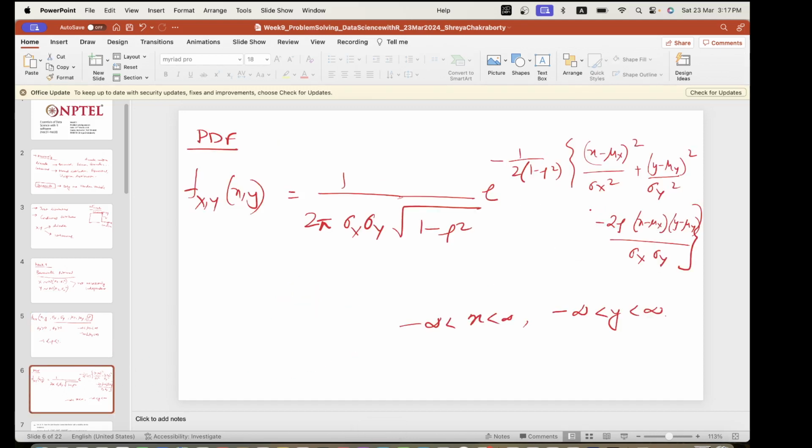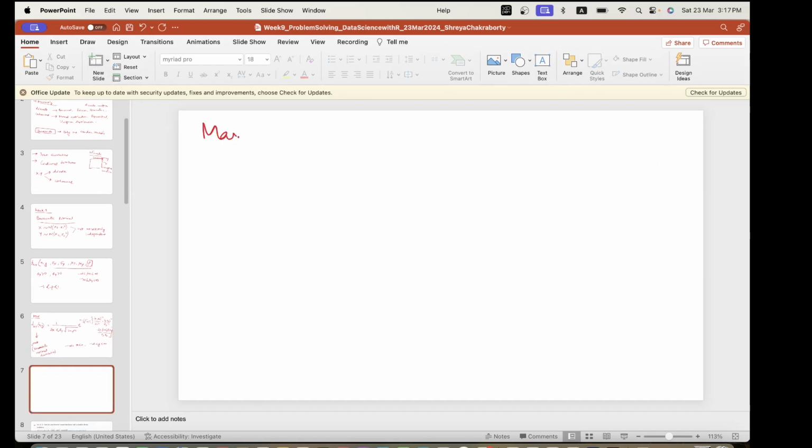And mu can range anywhere between minus infinity to plus infinity. So this is the joint distribution, or in other words we call it a bivariate normal distribution. Now if this is the joint or bivariate normal distribution, the marginal distributions are simply,